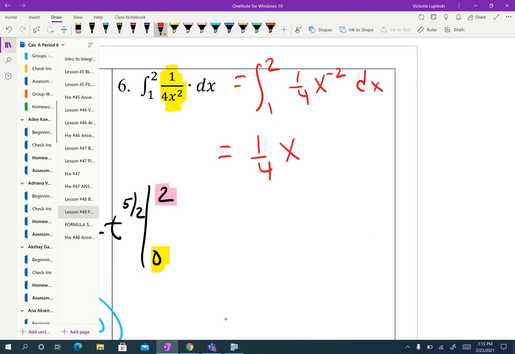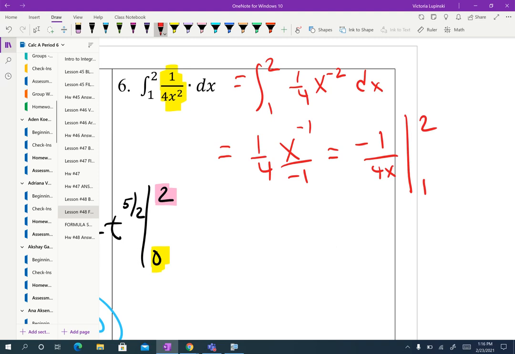I'm going to take the x to the 1 higher power, which would be -1. I'm, of course, also going to divide by that power. When I go and simplify, I'm going to get a -1 over 4x. Again, we tend to put the negative sign in the numerator as opposed to the denominator, and then you want to get rid of that negative exponent. So -1 over 4x, that is my integration,